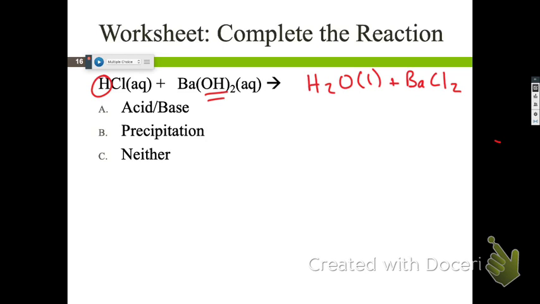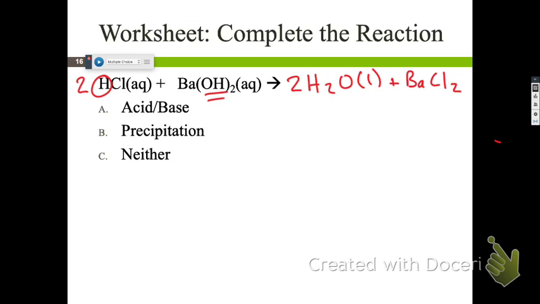We have to balance our equation after we do that. So this is kind of the trend I want you guys to do. We would need a 2 in front of there and 2 waters, is that right? And that would be a balanced equation. So that's what Ms. Kattoum wants you to see.